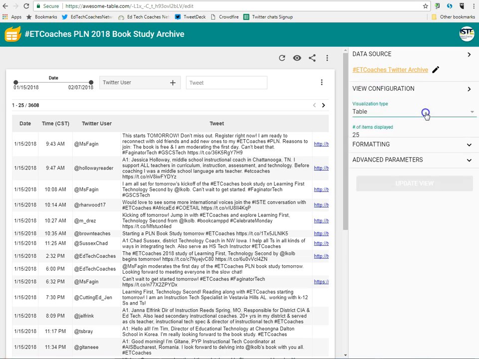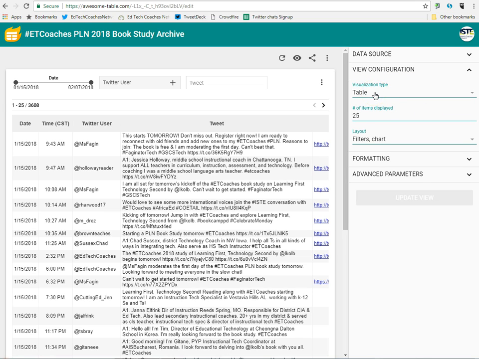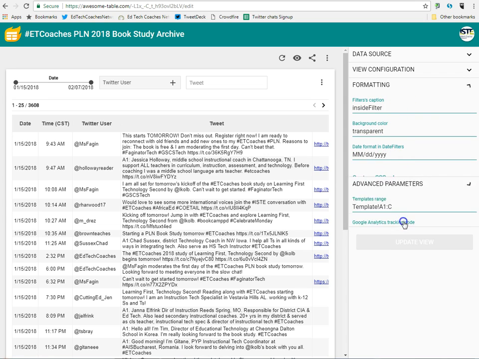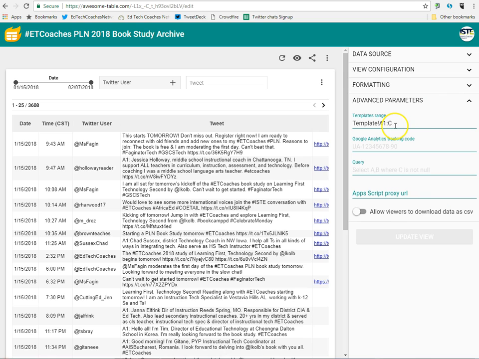I selected the range. I did a table view. I set it at 25. That's just 25 rows that it shows at once. You can set that however you want. And the layout is a filter and chart. I didn't change anything with the filtering. In advanced parameters, I did change the template to make this column a little bit wider. I'll get to that in a second once I show you that template as we dig down further into the